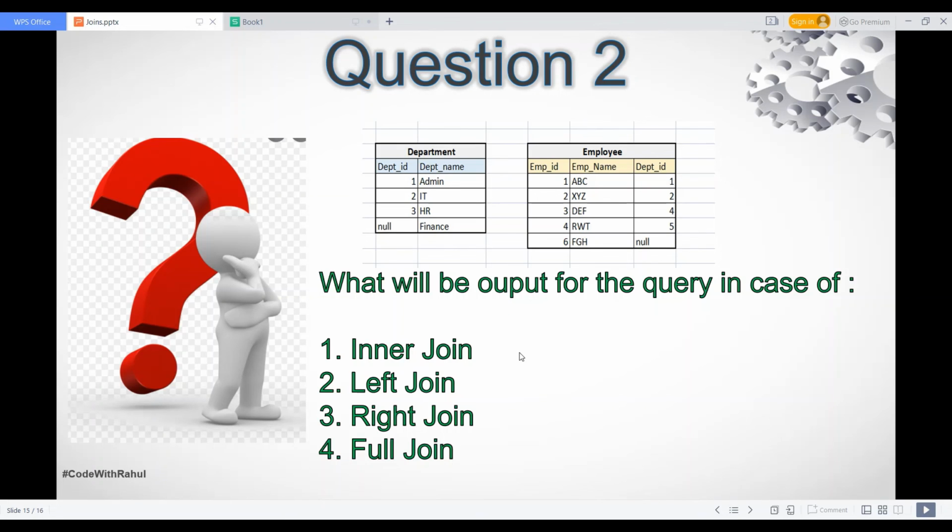Now you need to observe how joins will behave in case of null rows. My question is, what will be the output for the query in case of inner join, left join, right join, and full join? Just comment me the count and the values you will get in all these joins. Just do hands-on on these two. It will definitely help you in understanding the concept for all the joins.